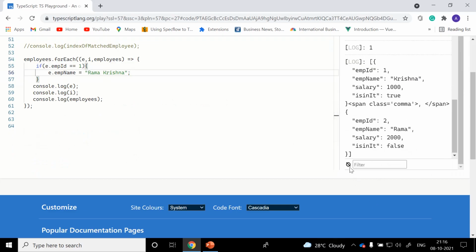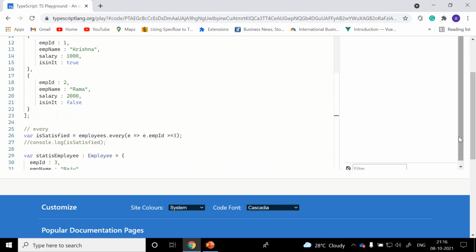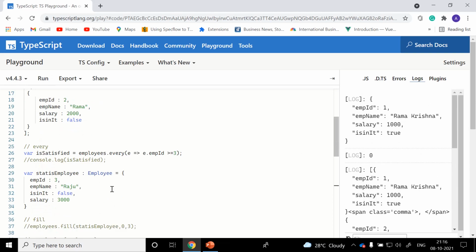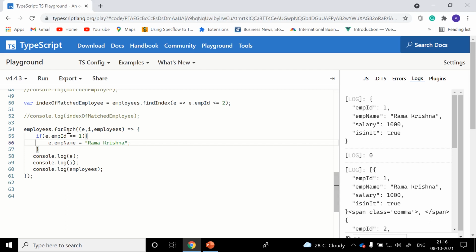Let me clear this and run it. See here, we performed some action as well. We iterated on each employee present in this, and if some criteria is matched, then we performed some action as well. That's the reason forEach is one of the most powerful extension methods in cases where you want to perform some actions, and it has a void return type. Okay, move on.